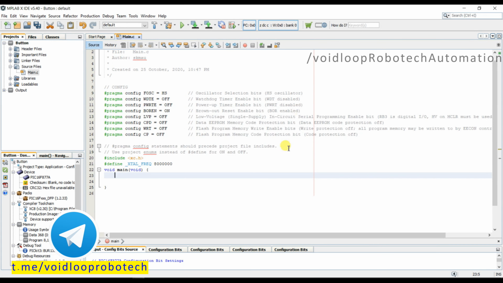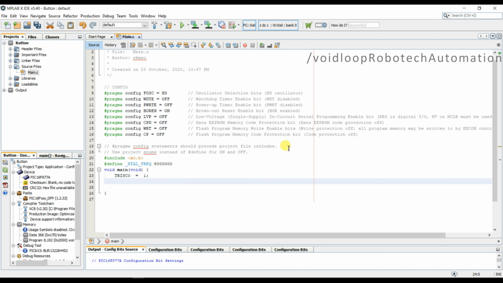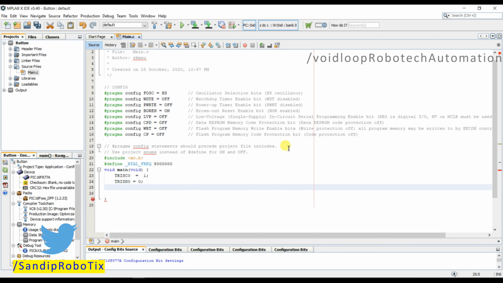So TRISC0, the button is connected on C0, so we have to initialize it as an input, so it is 1, and the LED is connected on the D0 pin, so I will initialize it as an output, TRISD0, it is 0 because it is output, and I will keep both pins low by default.